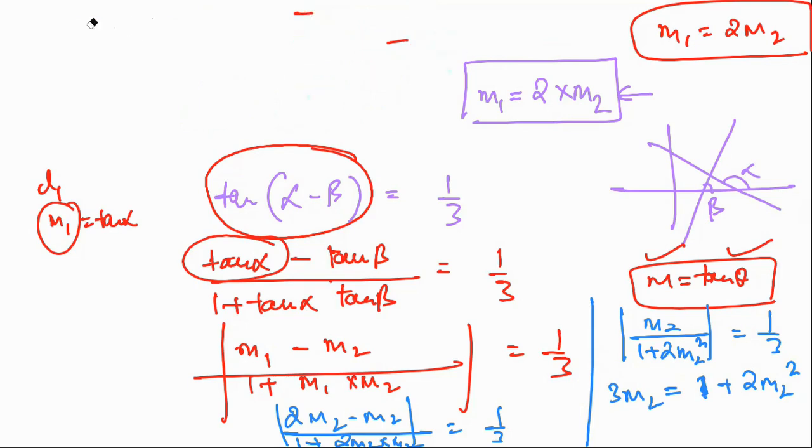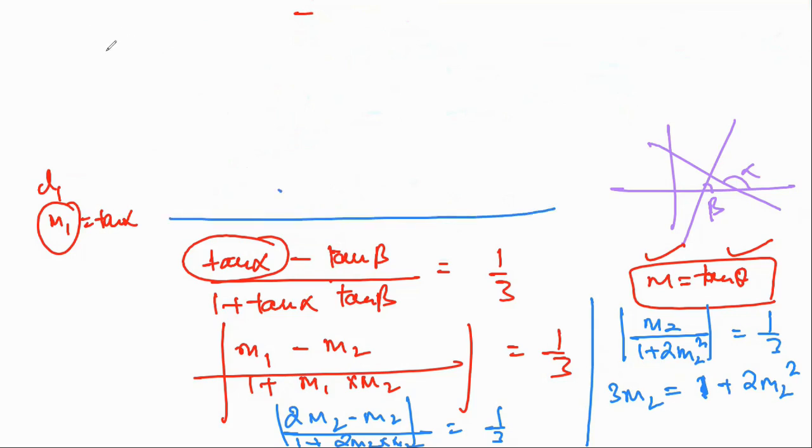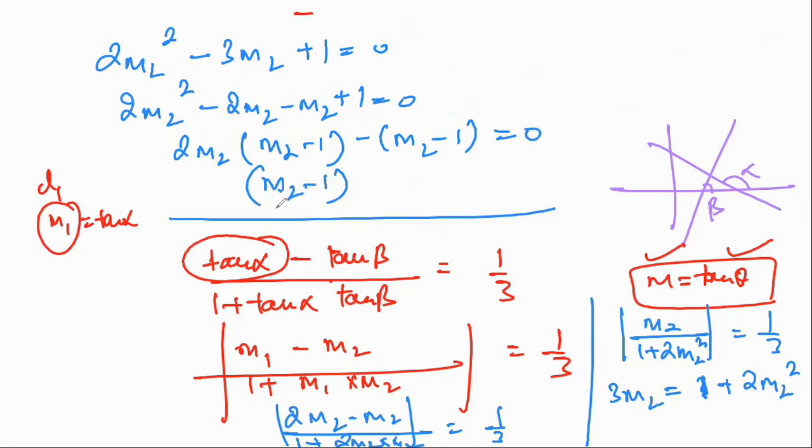Now, let's move up because we don't have too much space here. So now the quadratic equation becomes 2m2 squared minus 3m2 plus 1 equals 0. By using factorization, we can solve this equation and find the value of m2. So it is 2m2 squared minus 3m2 plus 1 equals 0. After middle term splitting, or the factorization, you get the product of two brackets equal to 0. So when you put both the brackets equal to 0,